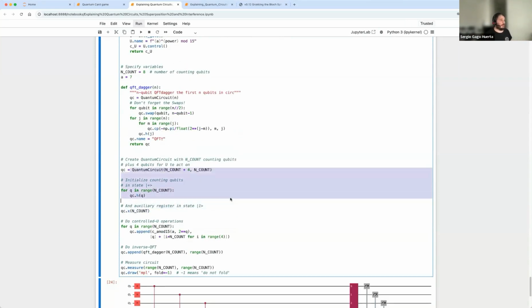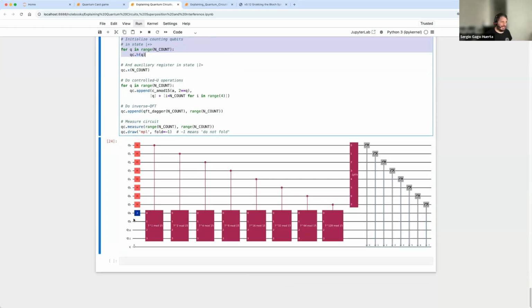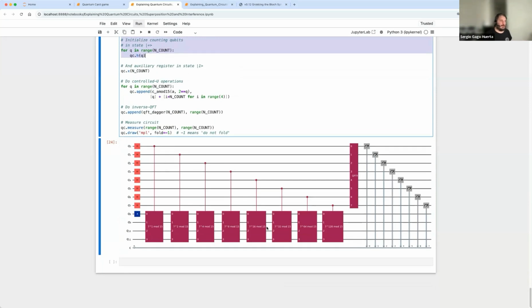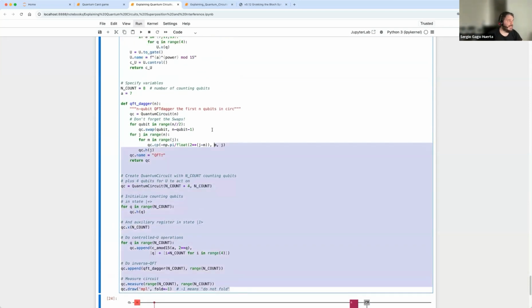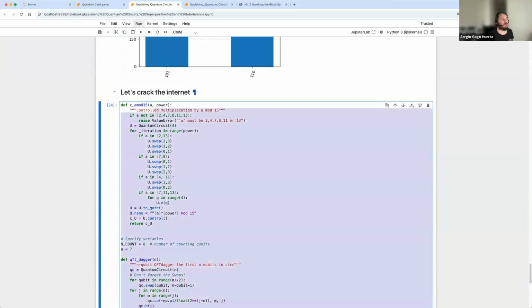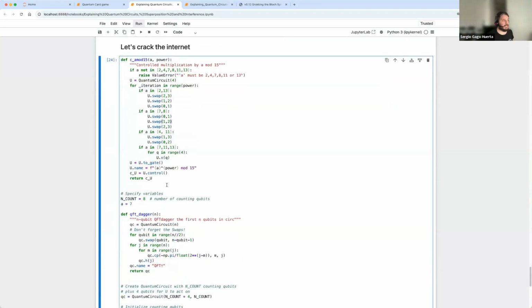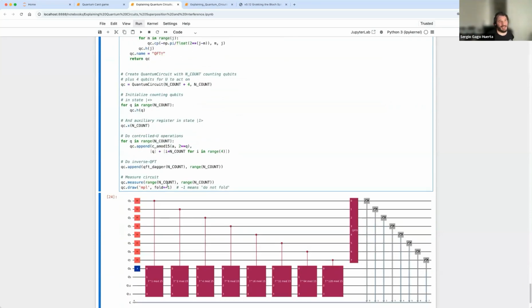And we create the circuit. We apply superposition. So that's exactly the same as we did before, all these Hadamards here. And then we are applying this little gate in each of the qubits, and then finally this quantum Fourier transform. This is called Peter Shor's algorithm, and it's obviously the algorithm that generated all the fuss about breaking the internet. So what you see here is no more, no less than the Python code required to break the internet. At least if we only had 15, two digits, RSA